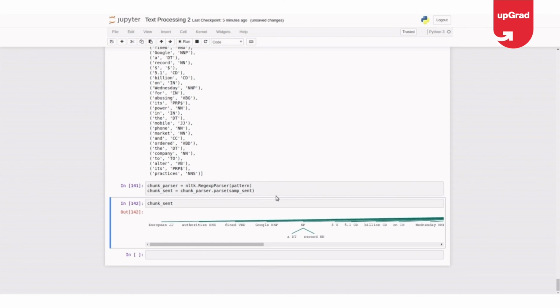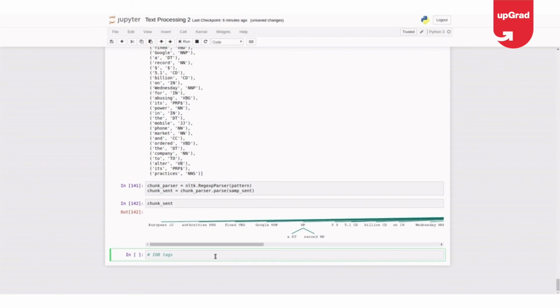Okay, I think I'll better show it in a better tree representation. There is something called IOB tags. IOB tags are the standard way of representing any chunk trees, basically. IOB means inside, outside, beginning tags. So it's a standard way of representation. Let me show you how to implement that and showcase it in a proper way.